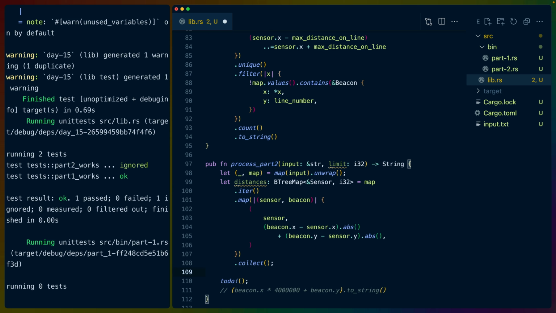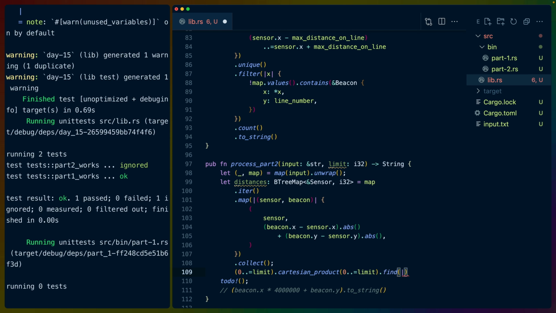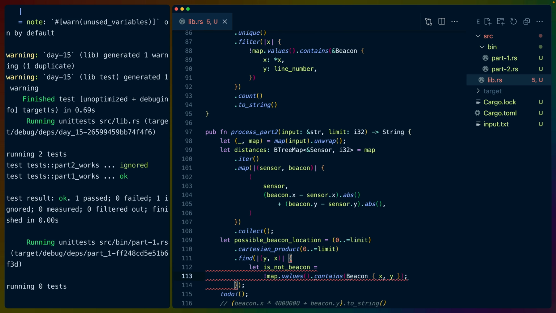And then we do something super naive like 0..=limit, Cartesian product, 0..=limit, find x, y. I think realistically, if we want this to go down like a y and then go down and go down, we could do it yx, but it won't really matter for our processing. So to find a possible beacon location, we take the position of every point on the board. So we'll say is_not_beacon is if it's not one of the beacon values, and is_not_sensed is...